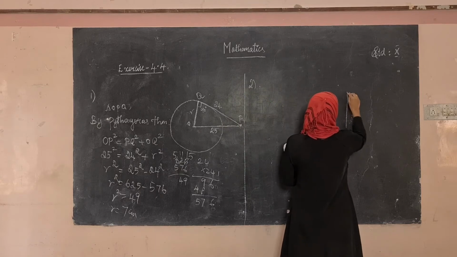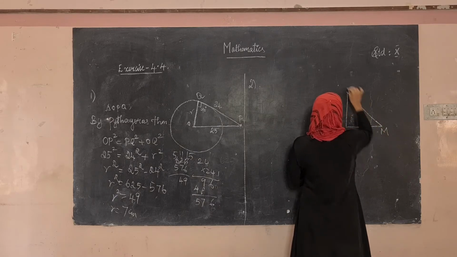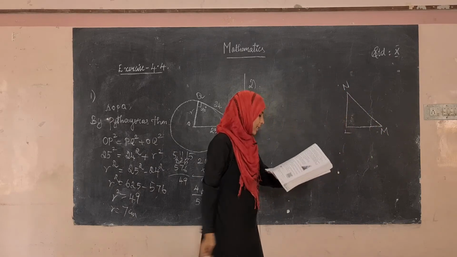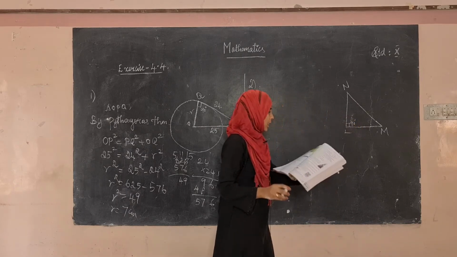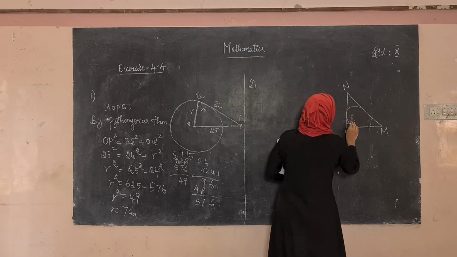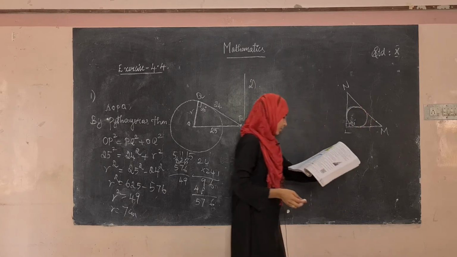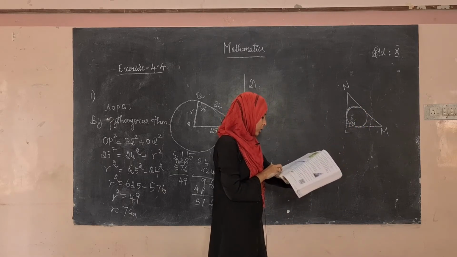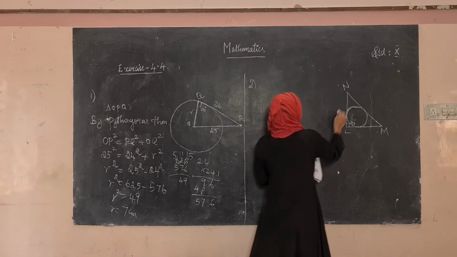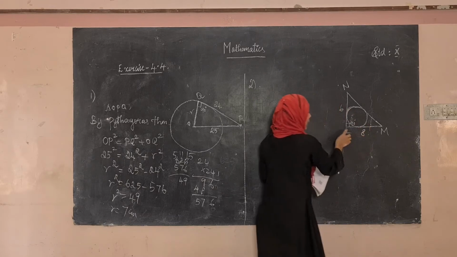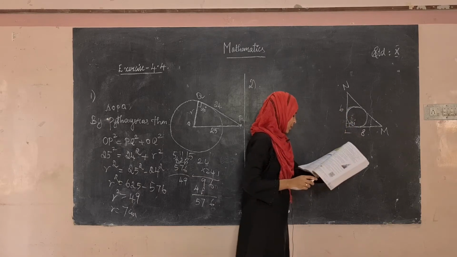So they have given a triangle and it is a right angle triangle, right? L, M, N, it is right angled at L. So it is 90 degrees here. A circle is inscribed in it. So inside this they inscribe a circle. The lengths of the sides containing the right angle are 6 centimeters and 8 centimeters. Let this be 6 and 8. Find the radius of the circle.